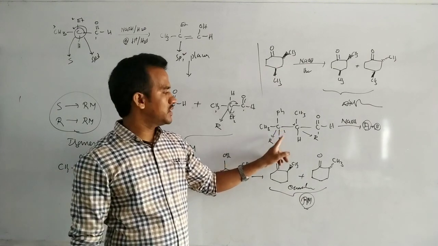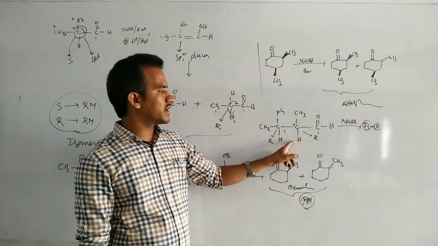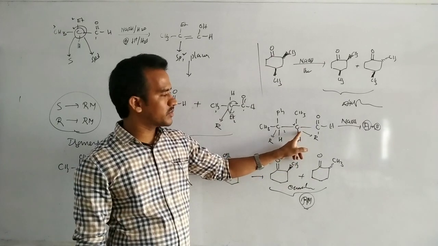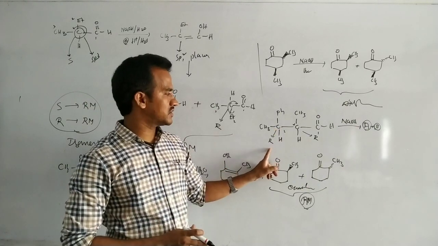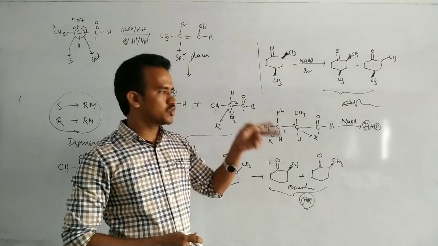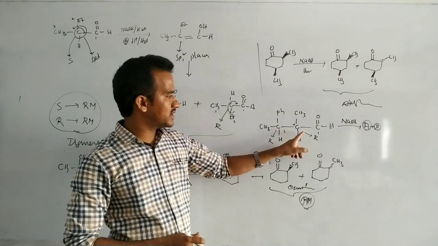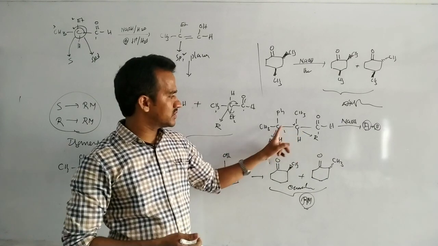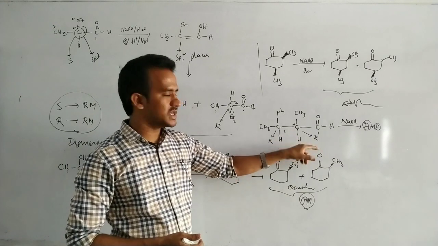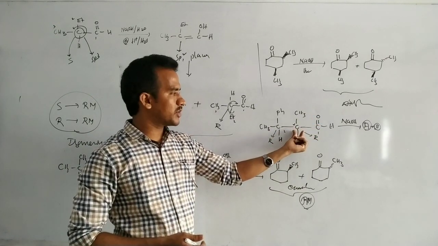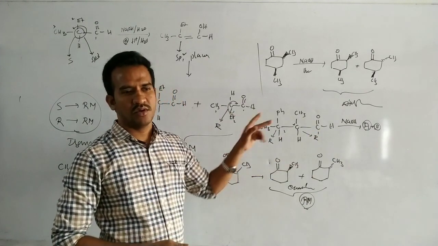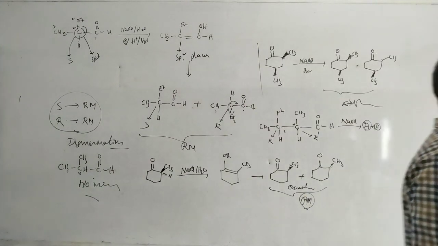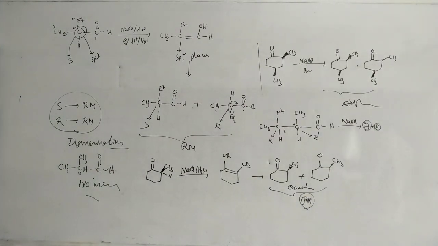But here this carbon is not enolizable, while this hydrogen is enolizable. So the configuration at this chiral carbon is changed, but the configuration at this chiral carbon is not changed, it is fixed R configuration. So here you will get two compounds. In one, this carbon is R configuration and this carbon is R configuration. In the other, this carbon has R configuration and this carbon has S configuration. So only at this chiral carbon is the configuration changed. That means R, S, nothing but diastereomers. Okay, write the products. So that is the isomerization and deuterium exchange reactions. Very, very important concept, this one.